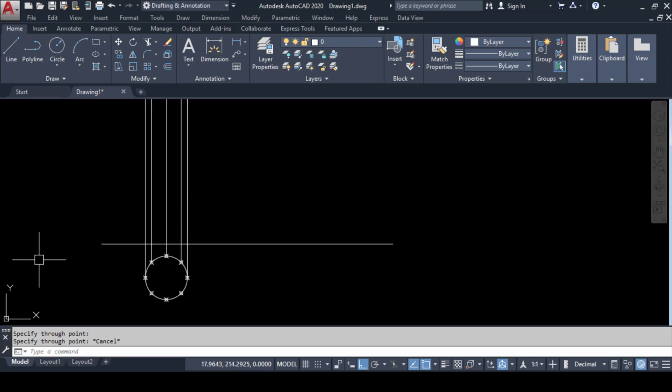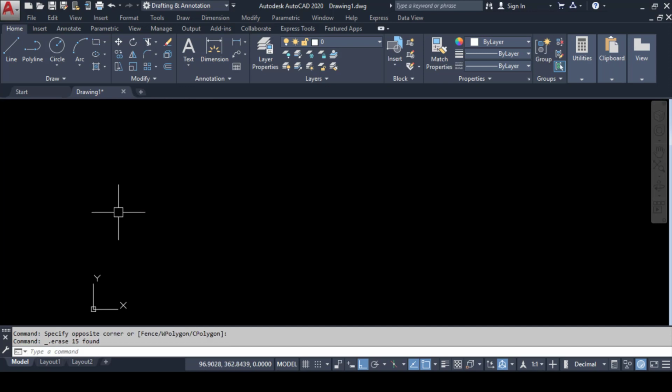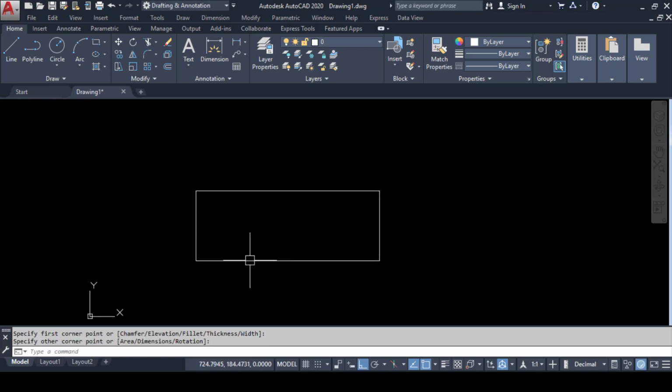Now if you are working with engineering diagrams, it will play a very important role in dividing the circles. Also we can divide polygons. Suppose I have made a rectangle here in this case and I want to divide this rectangle into 4 or 5 equal number of parts.